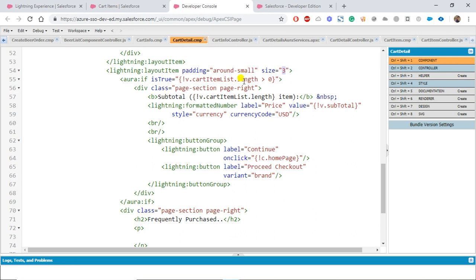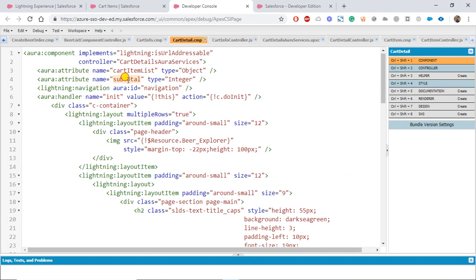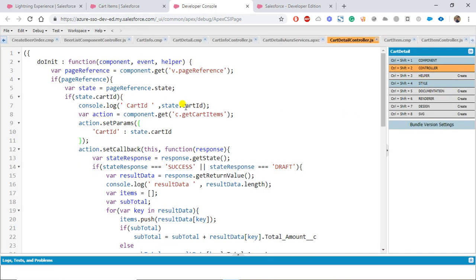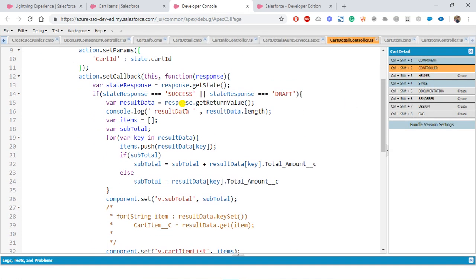So here we are checking if the cart item list length is greater than 0. We are showing that subtotal, cart item list length, and item, and then subtotal is the subtotal that we are holding in a variable that is called subtotal. So if you go to the controller, and here you can see,